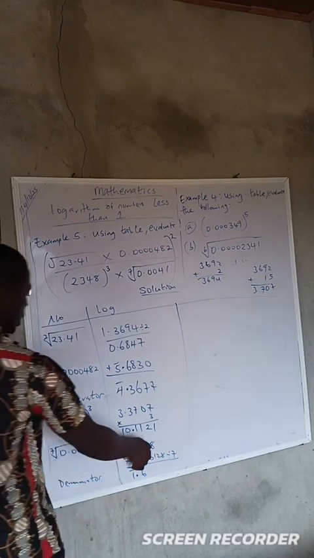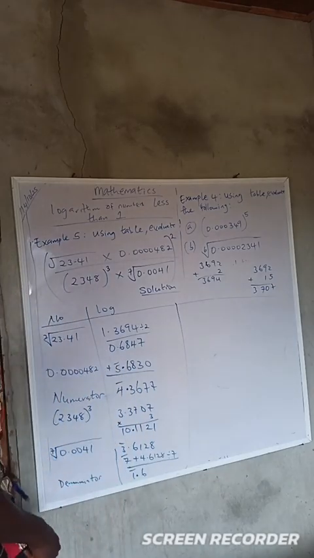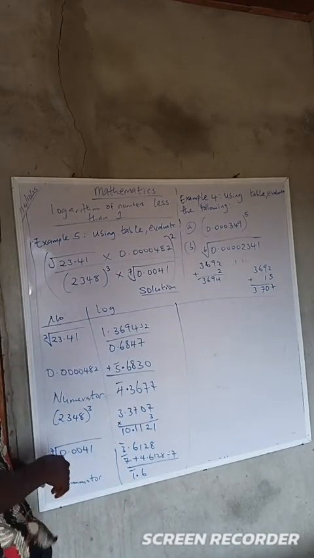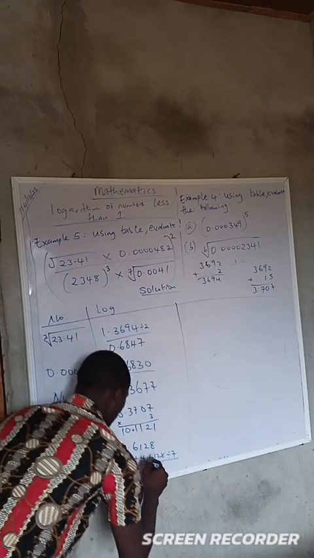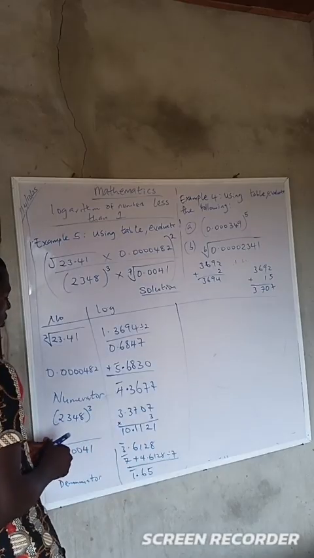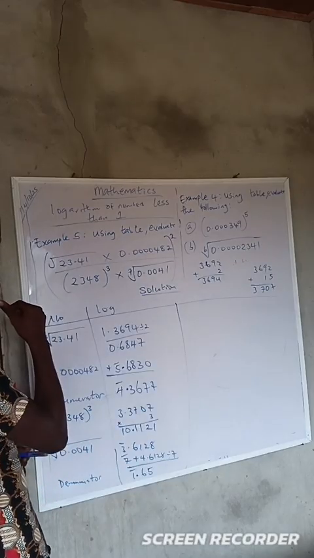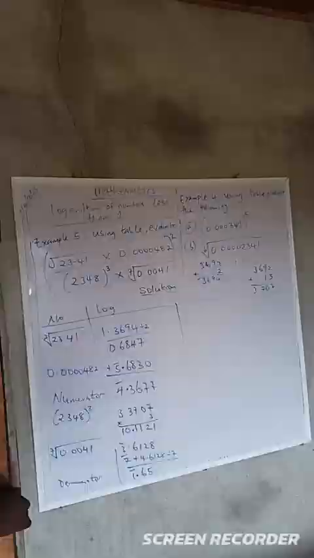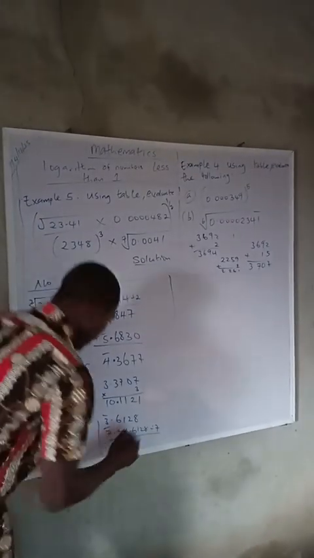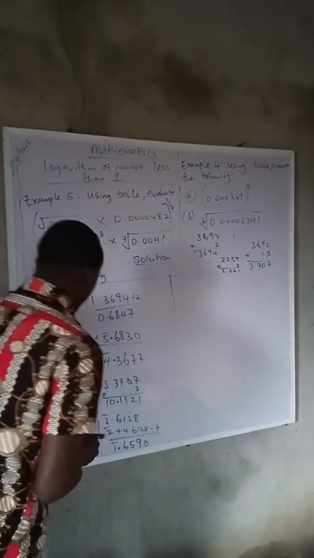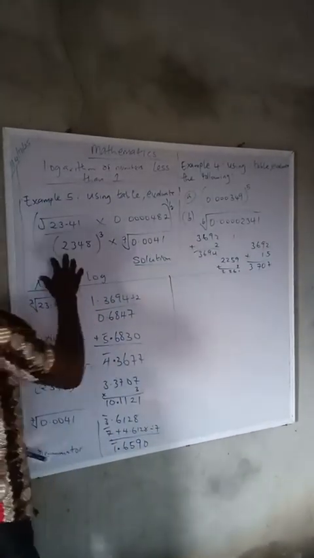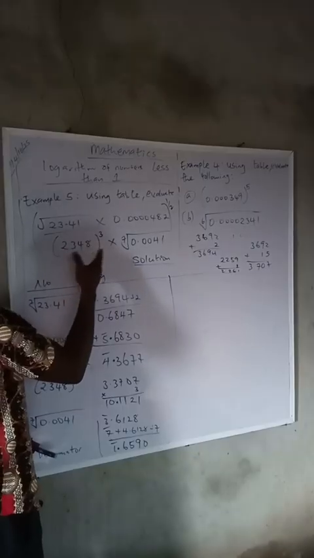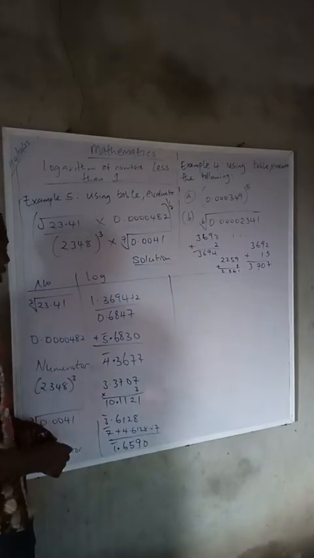So you put the 4 in front of 1, you have what? 41. How many 7 in 41? That's going to give us 5. So we have 5. Then what's the remainder? Subtract 41 minus 35. That's 6. So 1.6590. Then when you look at the denominators, the numbers at the denominators were separated by a multiplication sign, which implies